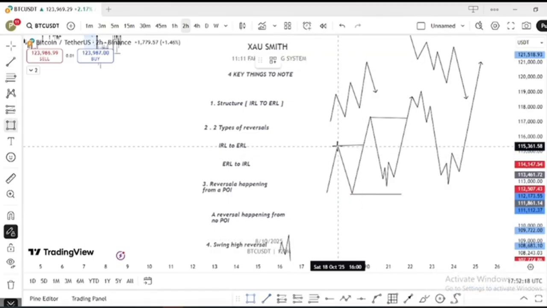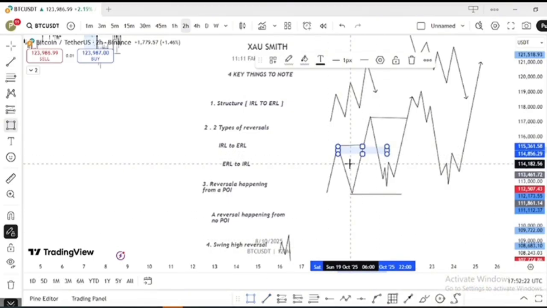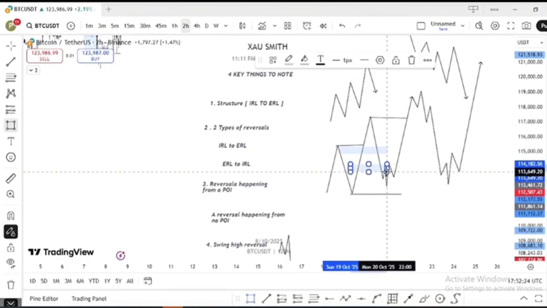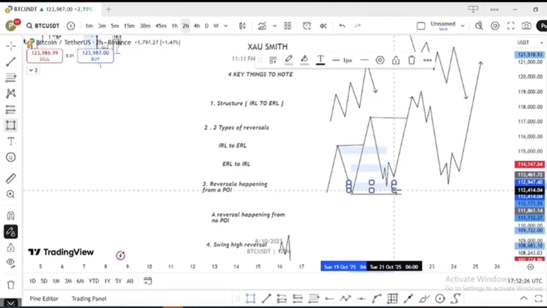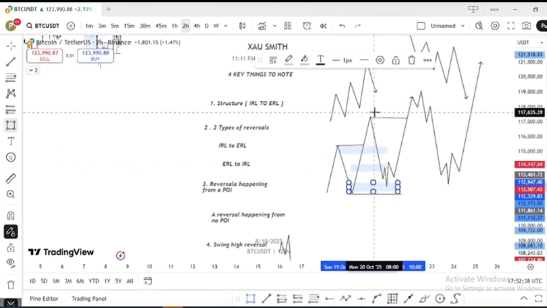Firstly, we always have the ICT PDRs, be it your breaker block, your fair value gap, or your other block, right? So these things are what? Our internal range liquidity. So when market takes out this all-time high, which is external range liquidity, it pulls back to mitigate an internal range liquidity